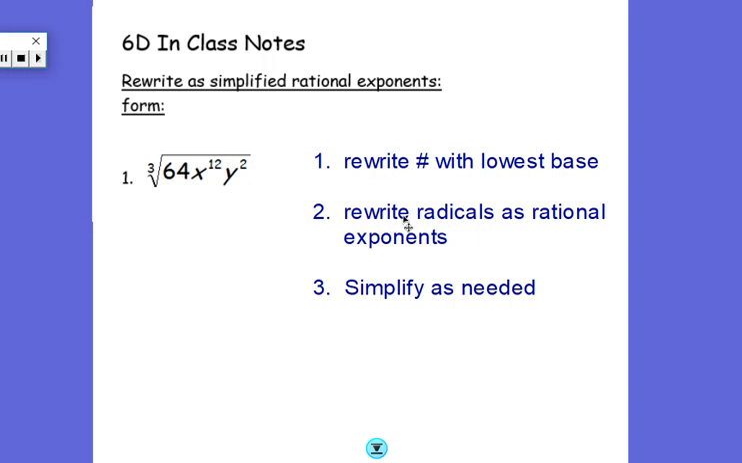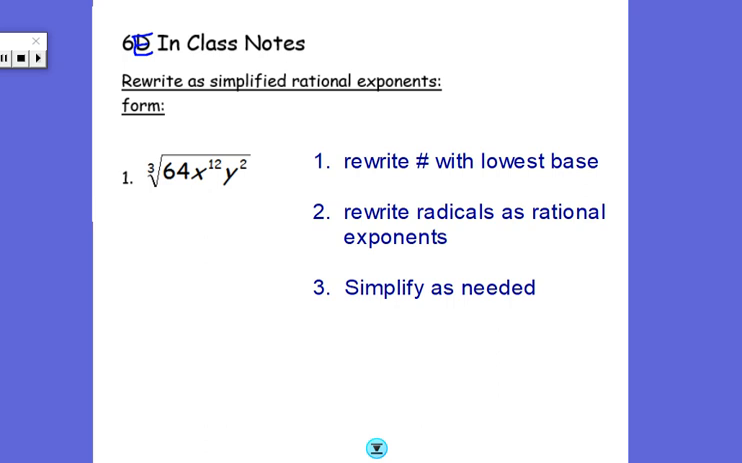We're going to be looking at in-class notes. This is for 6E in-class notes. We're going to be working on more simplifying with rational and radical exponents. All right, so looking at the directions, we got to follow the directions because we're going to be asked to